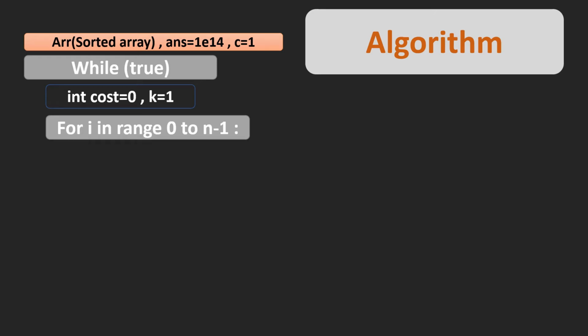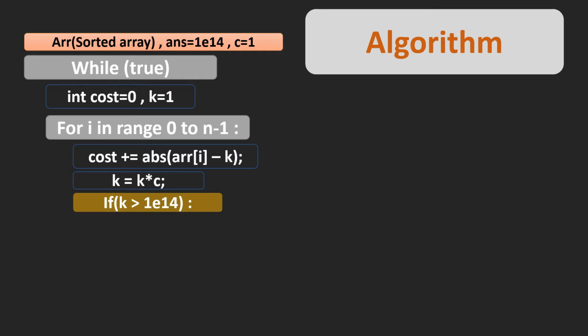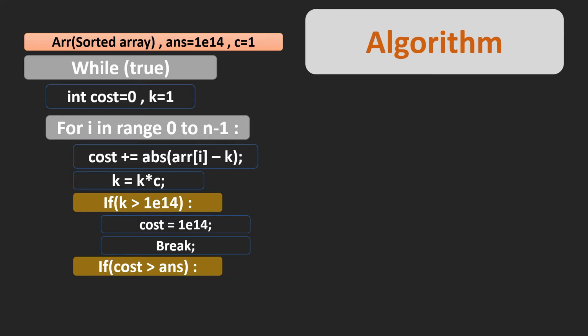Now let's run the loop on the array. First we add the cost of converting the i-th element of the array into k. Now we increase the value of k to the next element of the power sequence. We also keep a check on the value of k. If the value becomes too large then we set cost to 10 raised to 14 and break the loop. We also don't need to continue the loop if the cost becomes greater than the answer because we need the